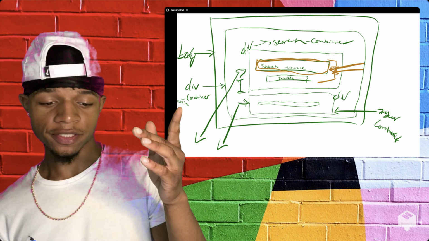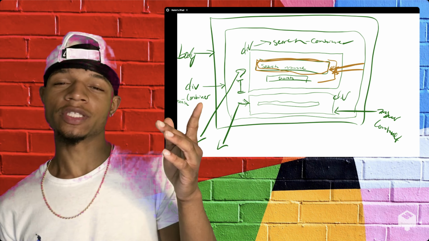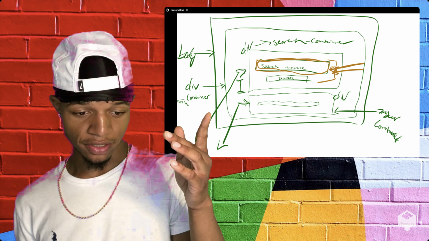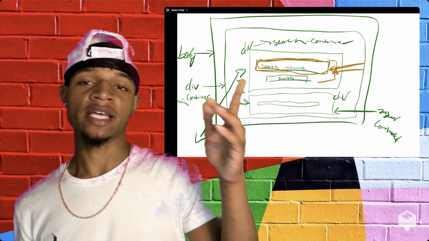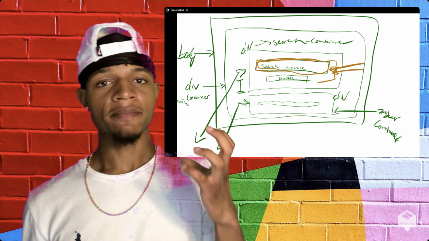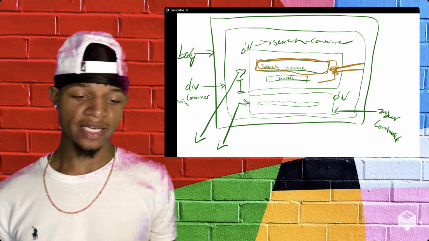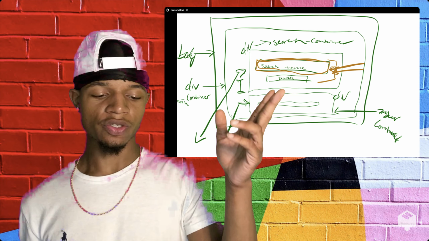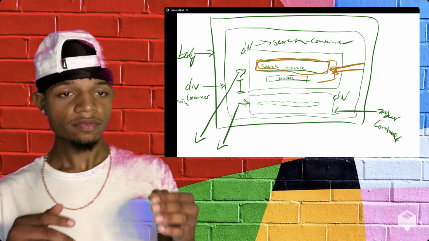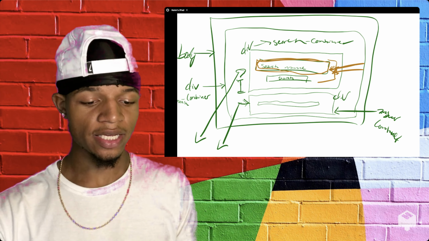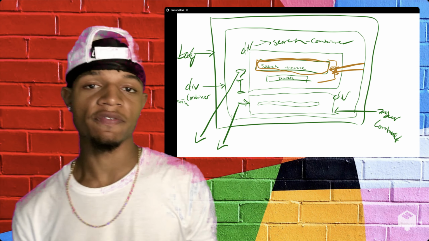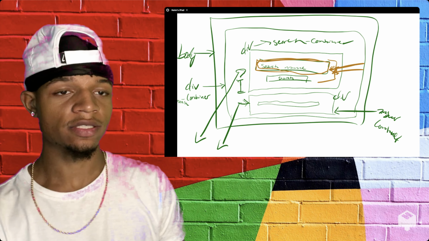And so the body is not really doing anything, but the body is the container for the main container. And the main container is the container for the other two containers inside. So what we want to do is make the main container a flex container and tell it what to do with the two items inside of it. I'm about to go to the main container and turn it into a flex container. And the way that we turn it into a flex container